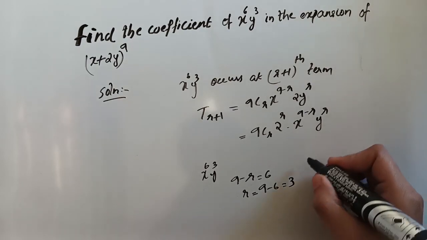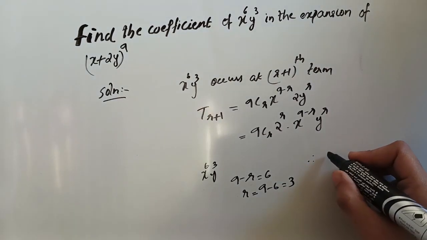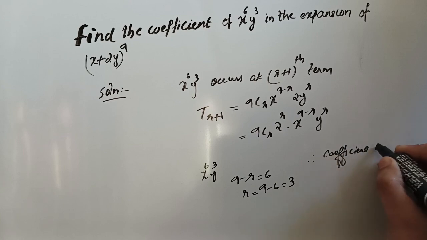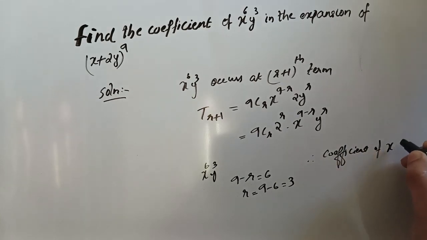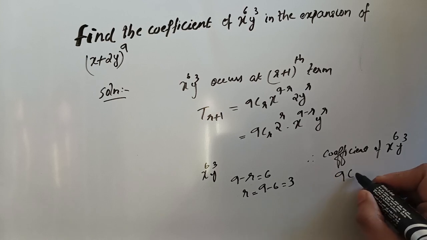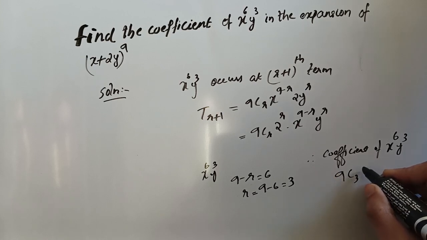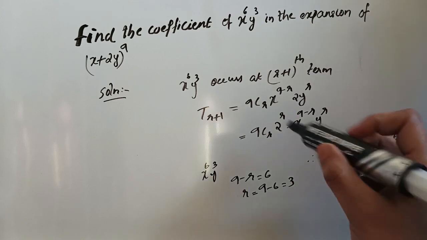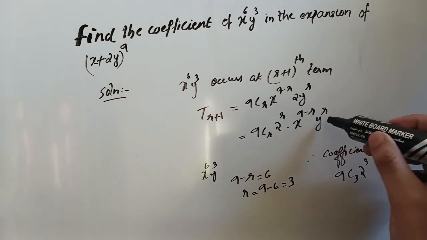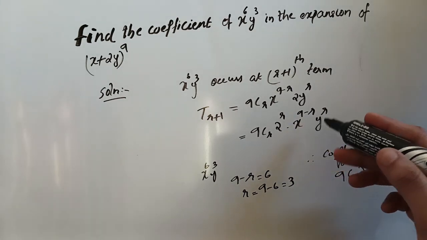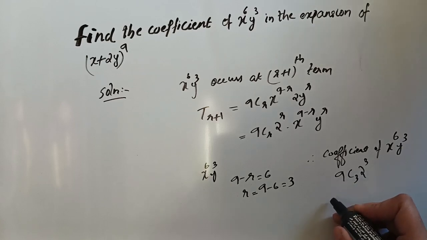Therefore, the coefficient of x raised to 6 y cube will be 9C3 into 2 raised to 3. This is the coefficient. This is the term x raised to 9 minus r, y raised to r, that is x raised to 6 y raised to 6, which is equal to